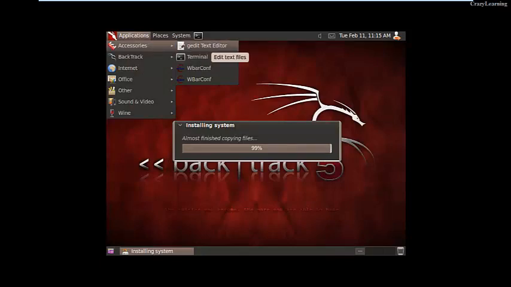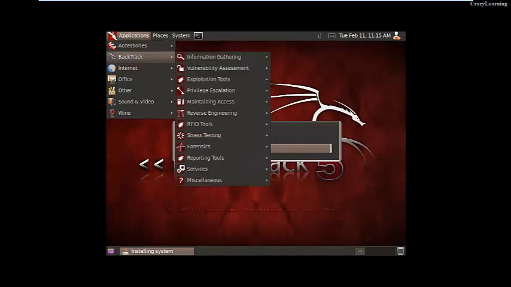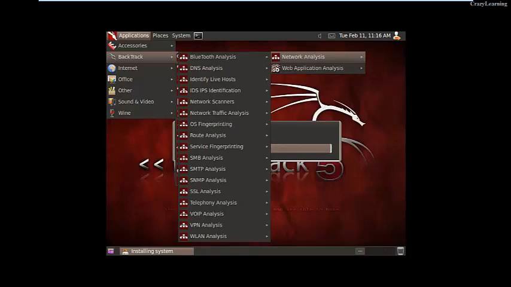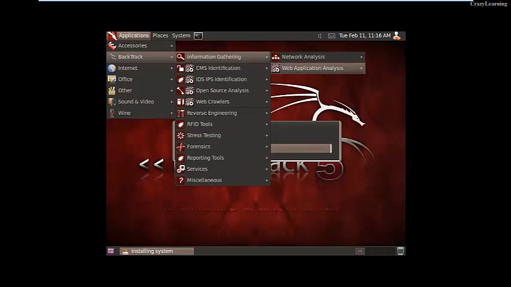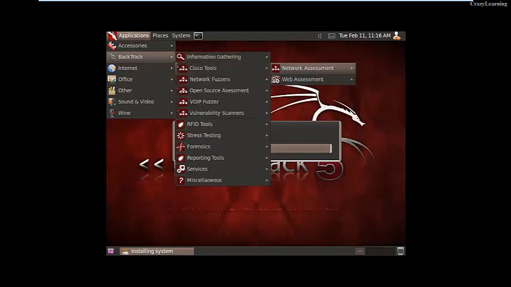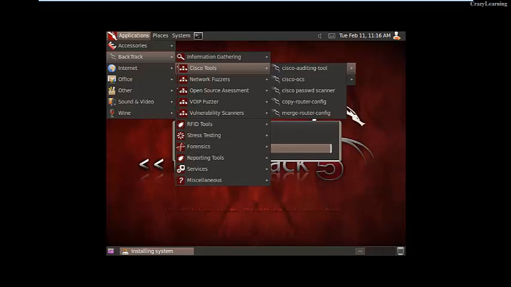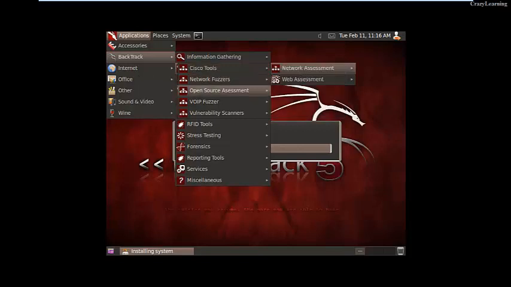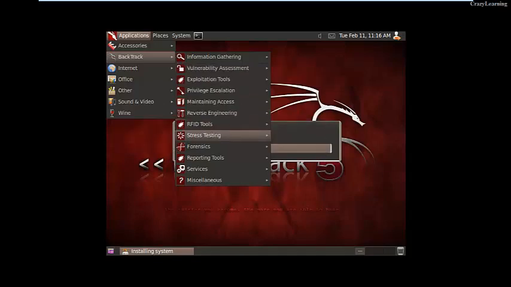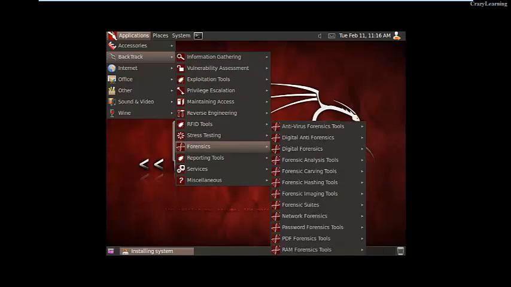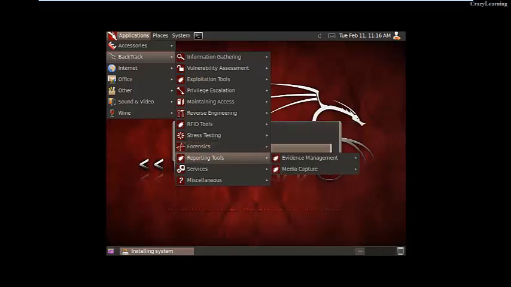A text editor to type code, and the terminal. Here's BackTrack, with a set of tools like information gathering, network analysis, Bluetooth analysis, DNS, SMB, SMTP, SSL, web applications analysis, vulnerability assessment, network assessment, Cisco tools, network fuzzers, open source assessment, VoIP fuzzer, vulnerability scanner, IDS tools, stress testing, forensics, reporting tools, services,